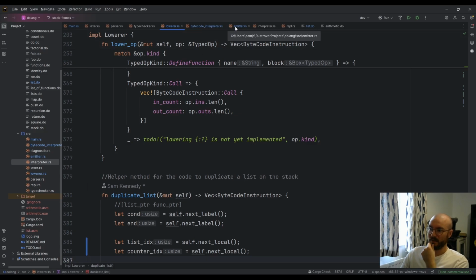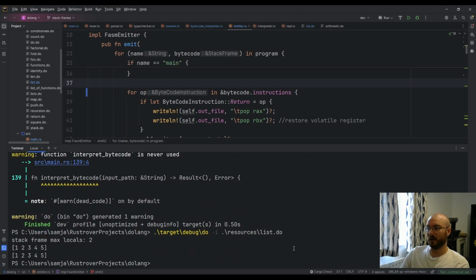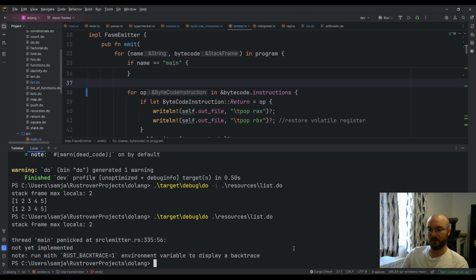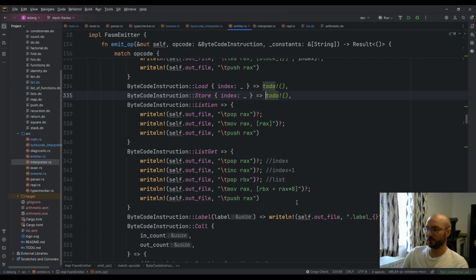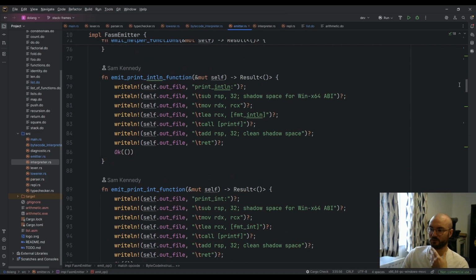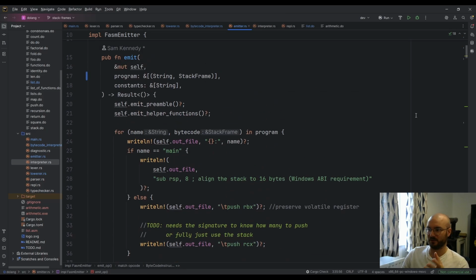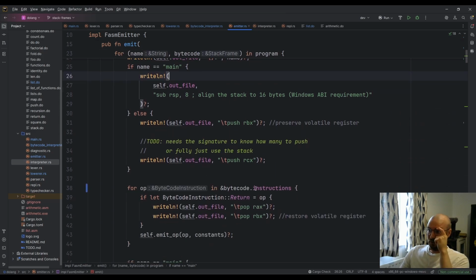Okay, so in the emitter, I'm pretty sure if I try to compile list do, it's going to tell me I haven't implemented store and load. Yep, I haven't implemented store. So let's bloody implement it. So the first thing we want to do when we enter a stack frame is we want to save the base pointer. So there's the register RBP, which I think stands for register base pointer. So we want to